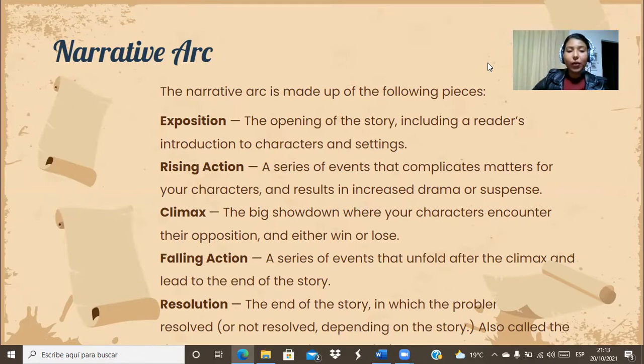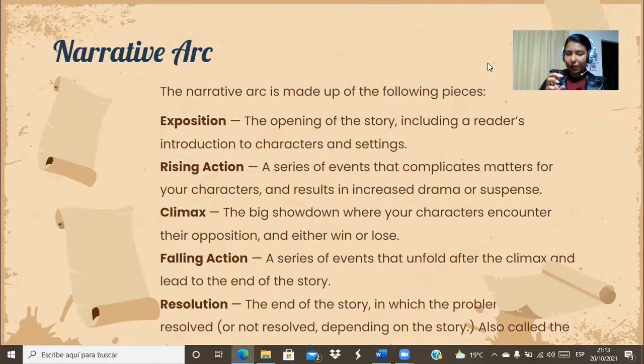Okay. Then we have the rising action. That is a series of events that complicate matters for your characters, okay? And increase the drama and suspense in the story. Then the climax, that is like the middle of the story and the highest point in the story, because your character encounters their opposition and either wins or loses something, which explodes that motivation to